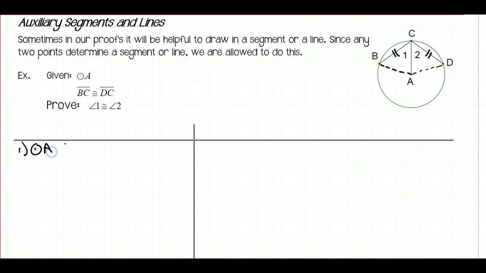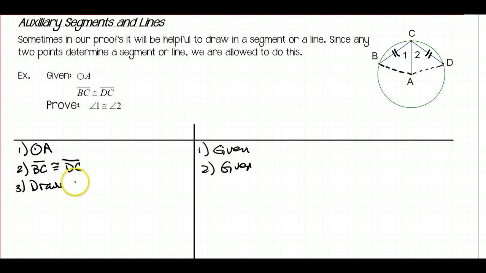So let's get our given information. We have 1 is given circle A, and then number 2 is BC is congruent to DC, given. And I am going to draw AB and segment AD, and the reason for this is 2